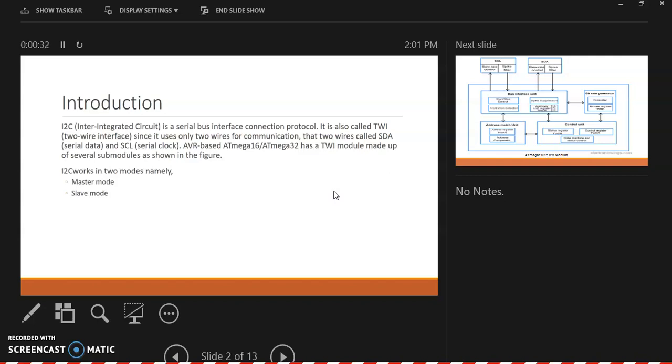The AVR-based ATmega32 and ATmega16 have a TWI module made up of several submodules, as shown in the figure. I2C works in two modes, namely master mode and slave mode.